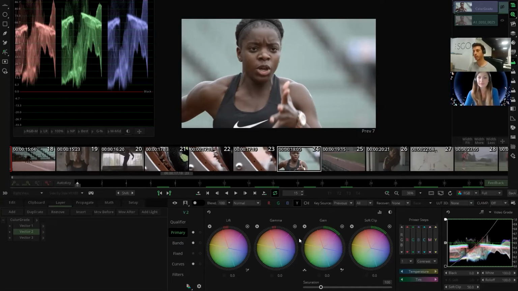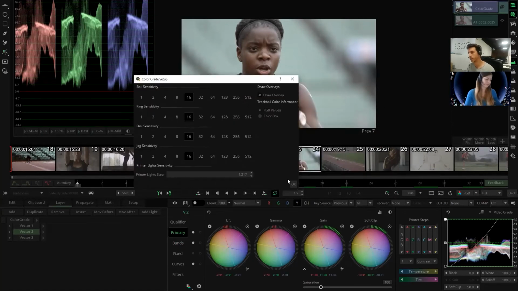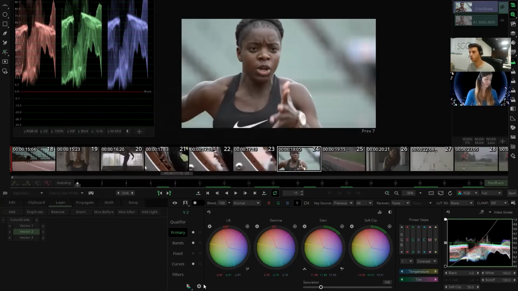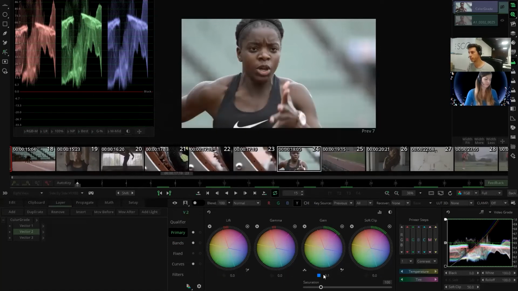Let me show as well another minimal detail, but it is useful, especially for current users of Mistika Boutique and Mistika Ultima, which is the fact that now from here in the settings, you can switch between the RGB values in here or the color box in there. So for example, if I change something, I will have the color information there. So this is really helpful